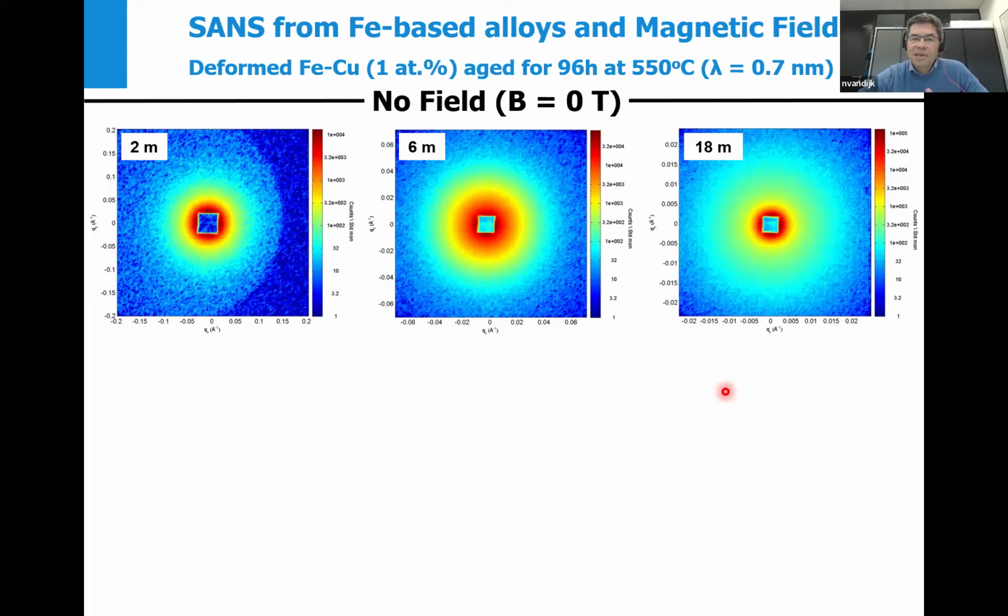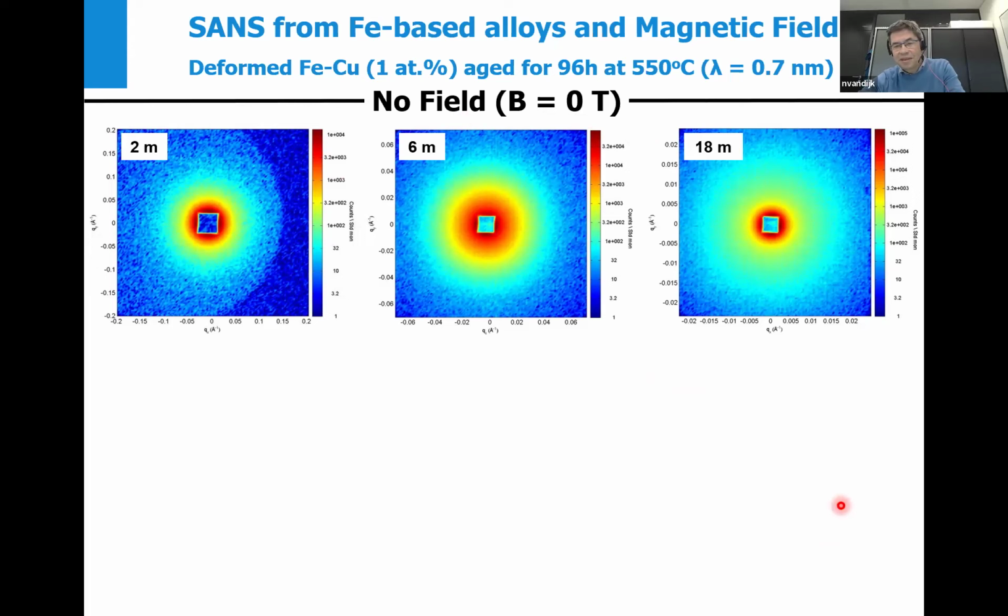This was studied at PSI, and there you can measure with neutrons with a sample to detector distance where you can move the detector further away and probe different length regimes. You can see that if you do not apply a magnetic field, then also the magnetic scattering becomes isotropic. And the message is that if you don't apply a magnetic field, then you cannot properly separate magnetic and nuclear